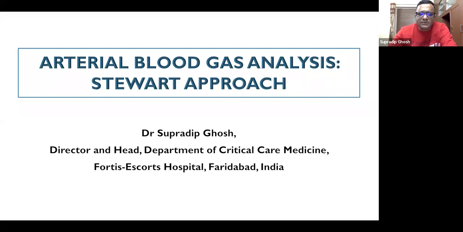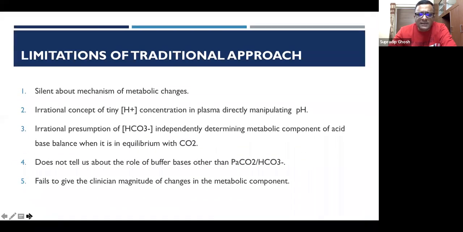So we shall be discussing the Stewart approach, but before we move on to it, let us first try to understand why we need this approach. Why we should not be satisfied only with the traditional approach. There are various reasons, I'm just trying to summarize a few points. First of all, the traditional approach is silent about the mechanism of metabolic changes. The traditional approach tells us if this is metabolic acidosis, metabolic alkalosis, or high anion gap metabolic acidosis, but it fails to tell us why there are metabolic changes, why the pH has